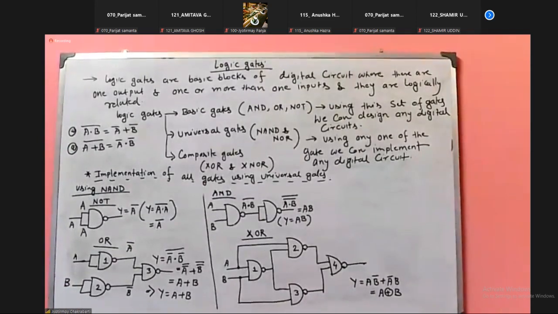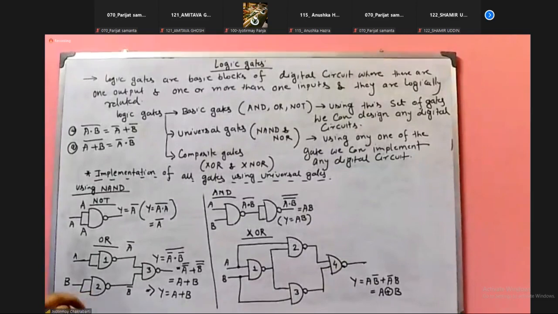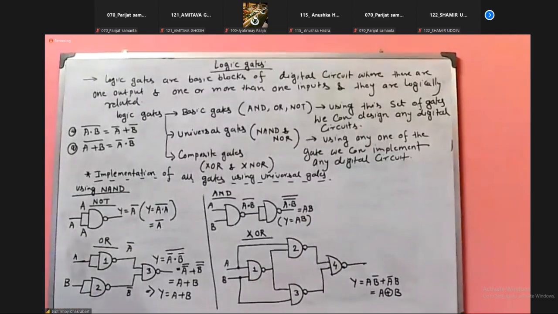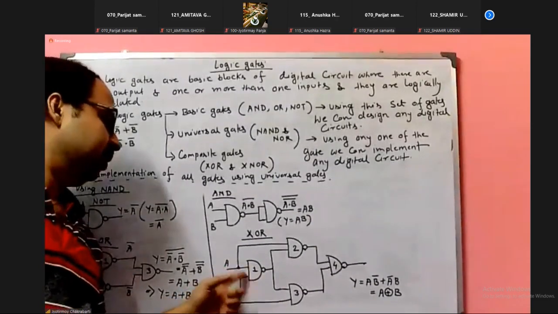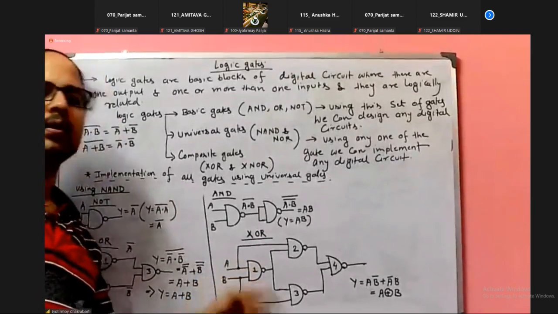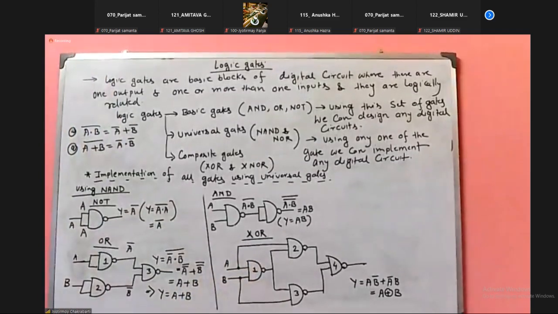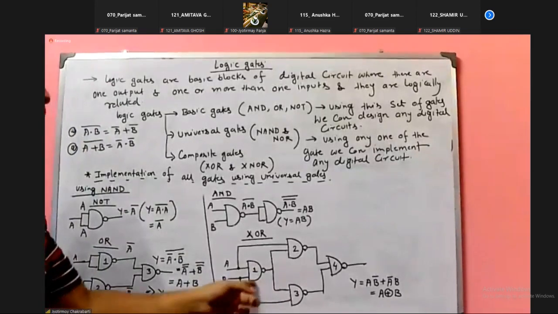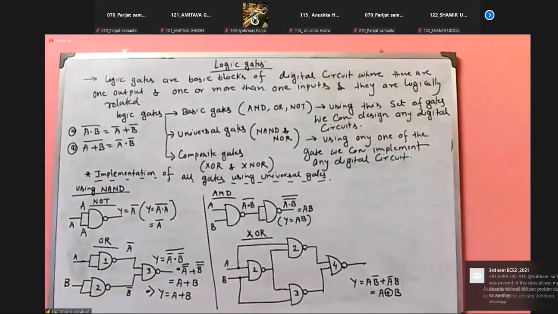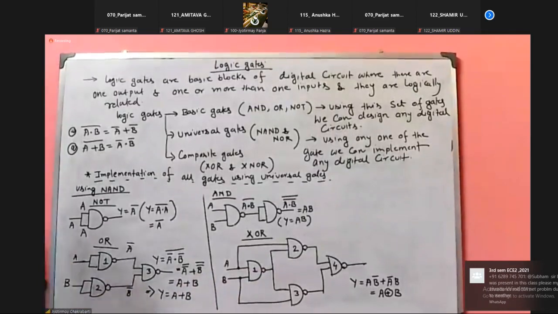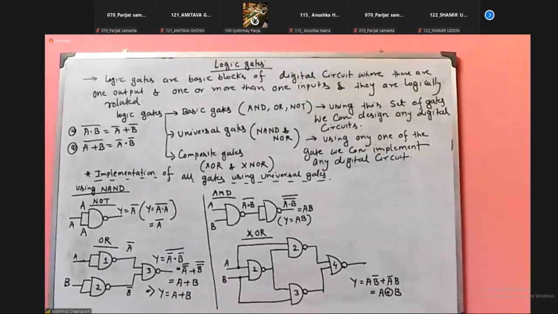Can anyone explain? Okay, you tell me what is the output of gate 1? গেট 1 এর আউটপুট কি হবে বলো? A bar into B bar. এবার বার ইনটু বি বার।